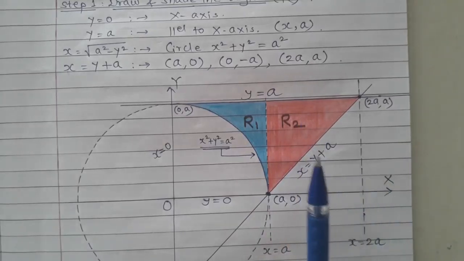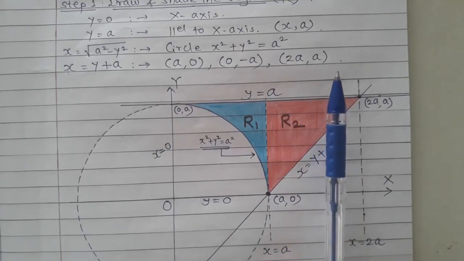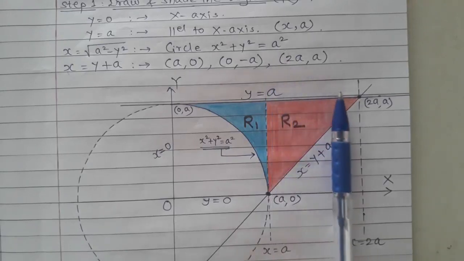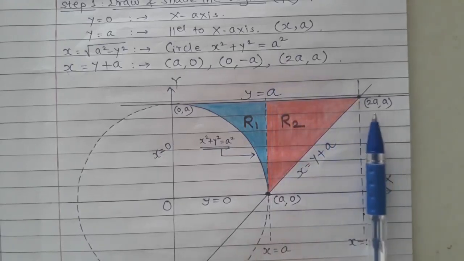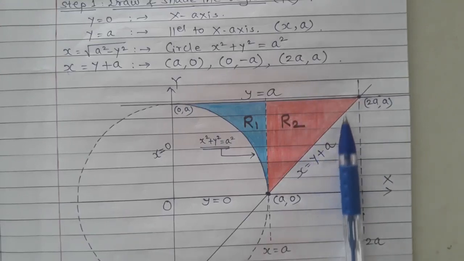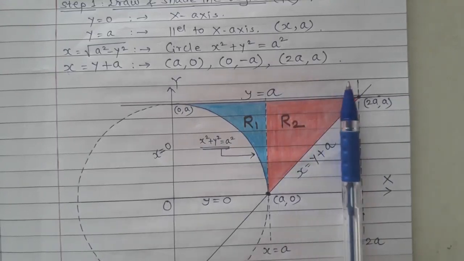And for the limits of x, again the range of the bullet must pass through the orange color. That is this line, x equals a, and this line is the point 2a that we have already calculated, so x equals 2a. So the range for x is from x equals a to x equals 2a. And that's all. We got the limits for R1 and R2 now.